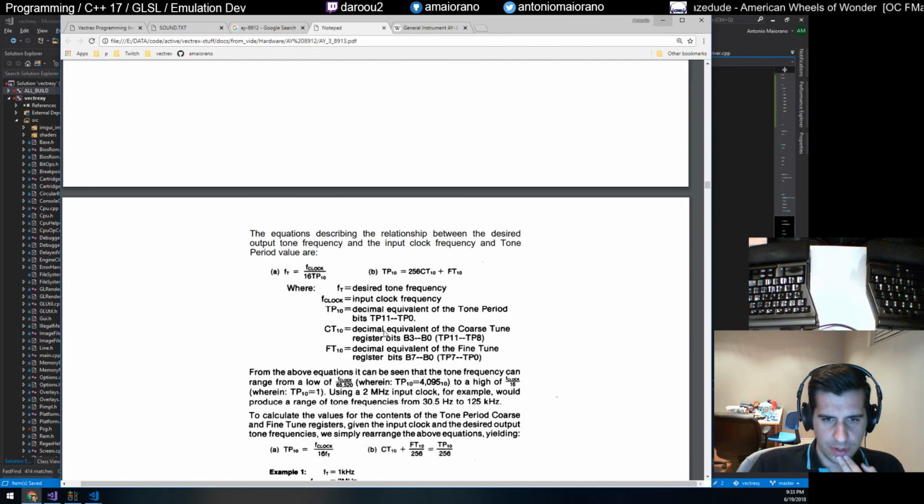So where TP10 is 256 CT10, decimal equivalent to coarse tune registers. All right, plus the decimal equivalent of the fine tune registers, sure. But I don't understand this 16 here. Oh, okay, because by weighting 16,